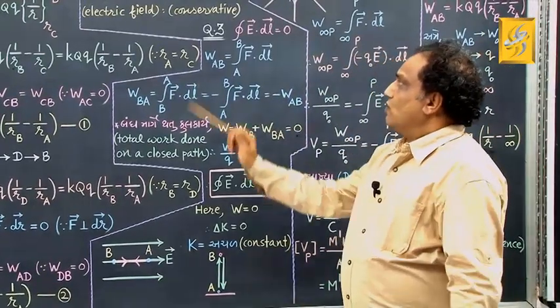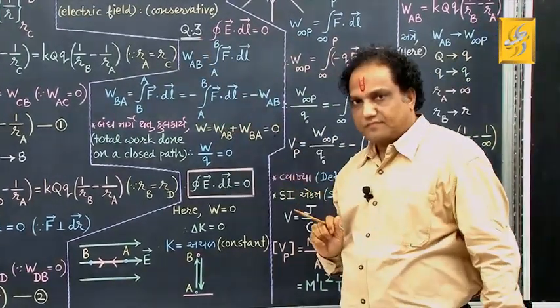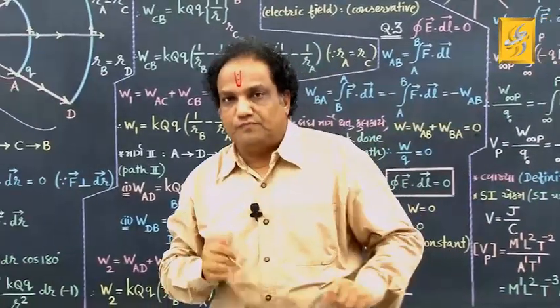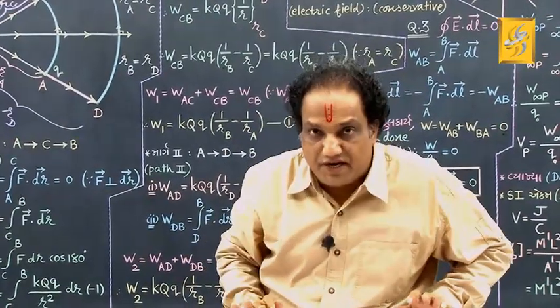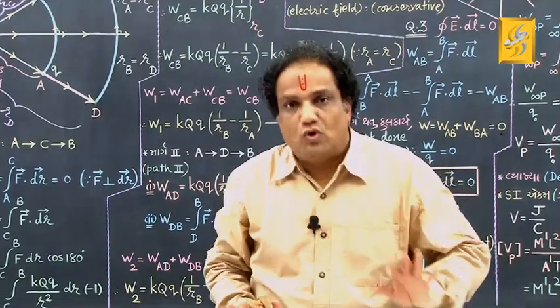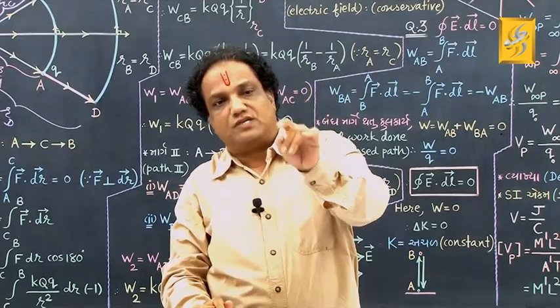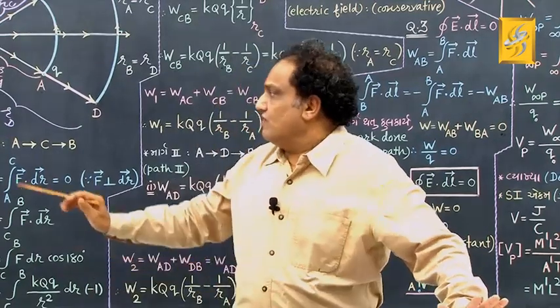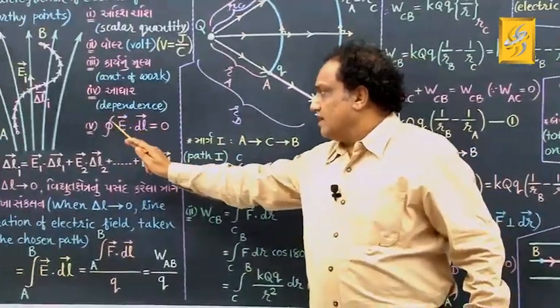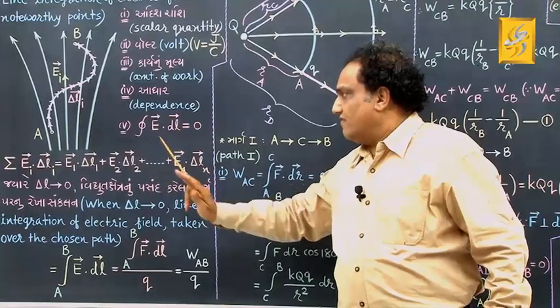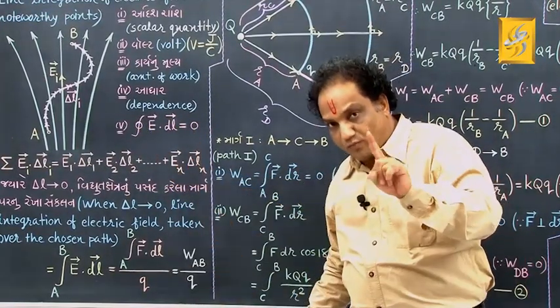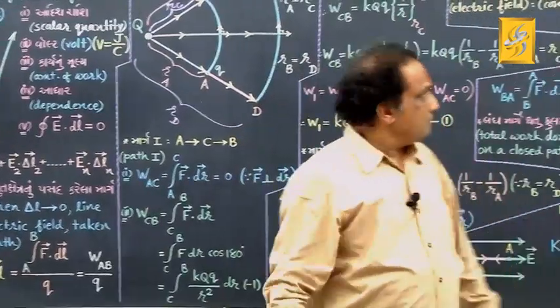Now we go for question number 3. In this question number 3, we have to prove that the closed line integration of the electric field over a closed path chosen in the electric field is 0. We have to prove this result. The line integration of the electric field taken over a closed path is 0. That is what we have to prove. Let us prove. Look,